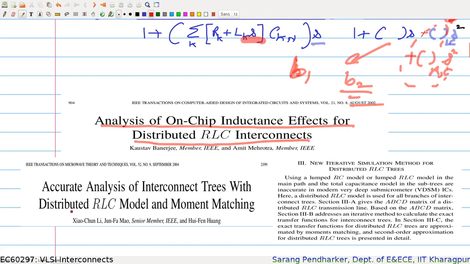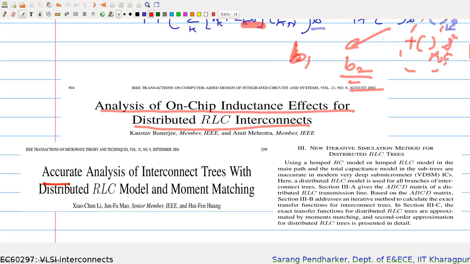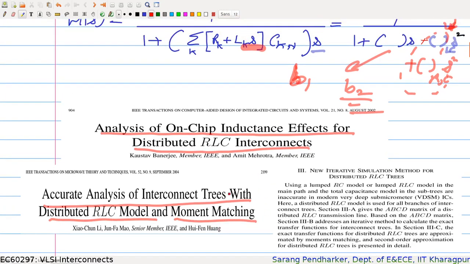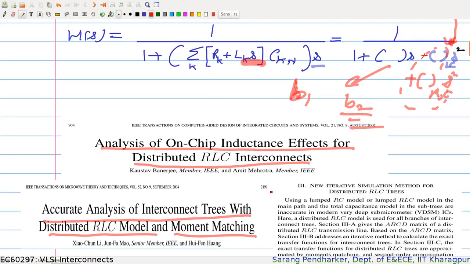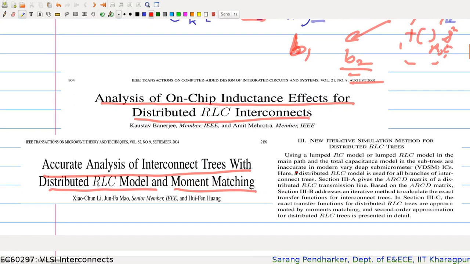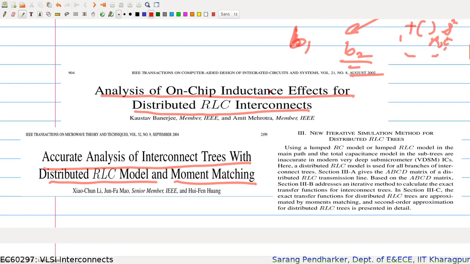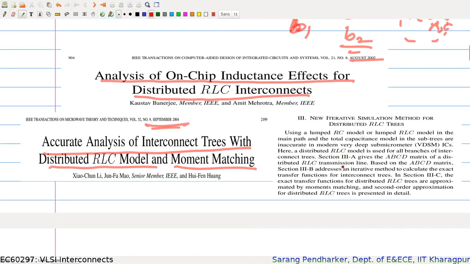And then there is another paper, which is Accurate Analysis of Interconnect Trees with Distributed RLC Model and Moment Matching. So moment matching is basically matching the coefficients. Towards the end of this lecture, I will also scroll through both these papers to give you an idea of what we have discussed. So basically in this paper, if I look at this 2004 paper, it tells that section